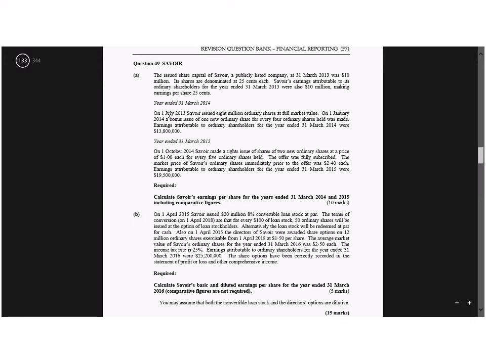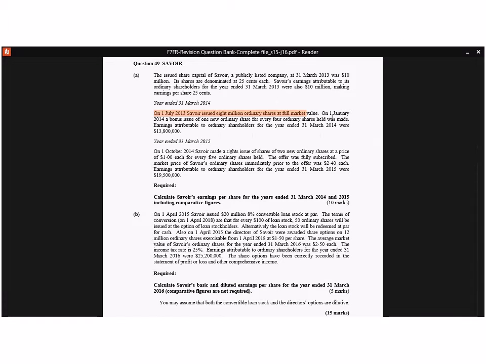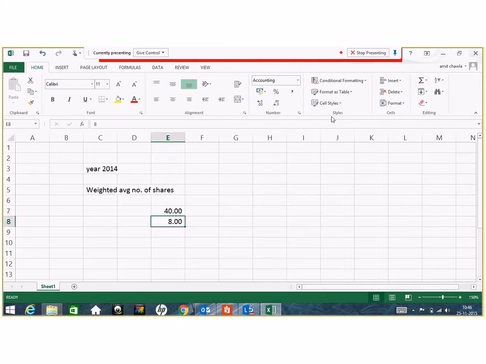Right? And on 1st of July 13, 8 million shares were further issued, which means that this becomes 48. Right? Now, we are also given a bonus issue, but before we come to the bonus issue, because that would be in any case taken for a retrospective effect,